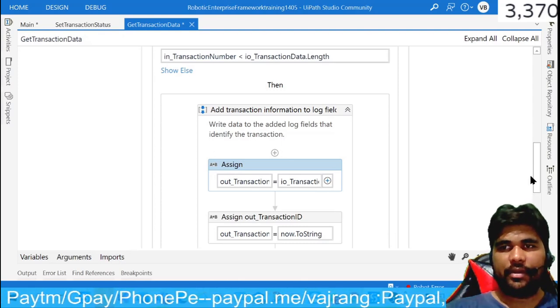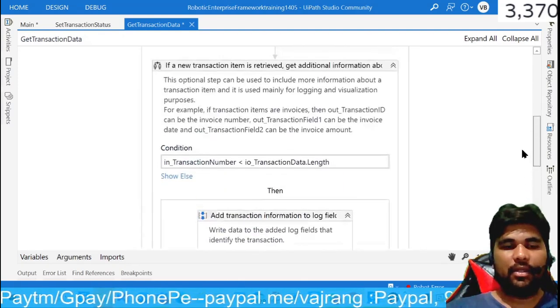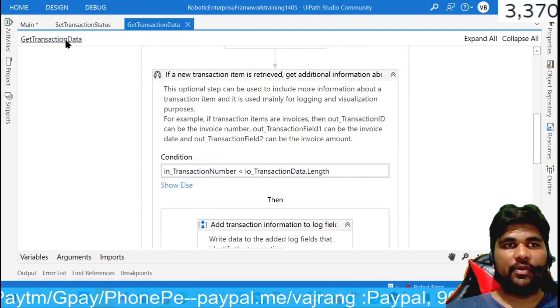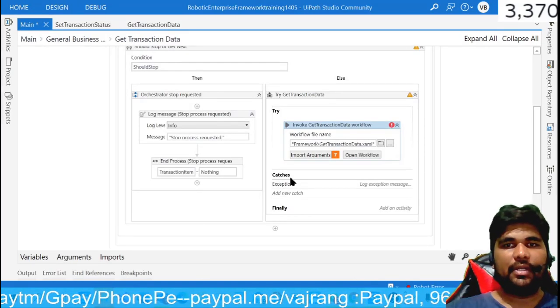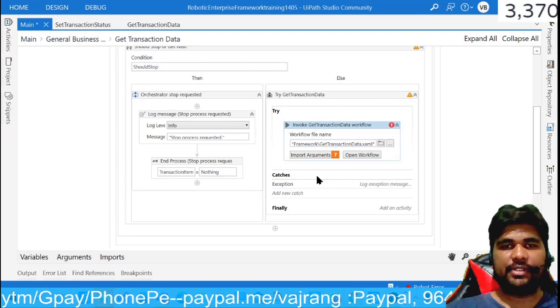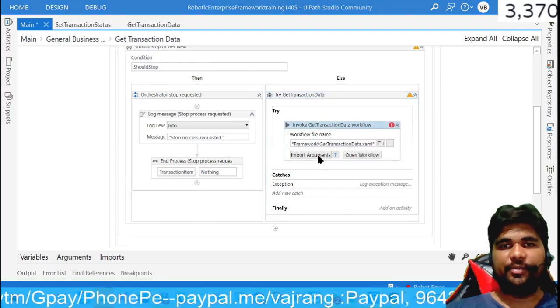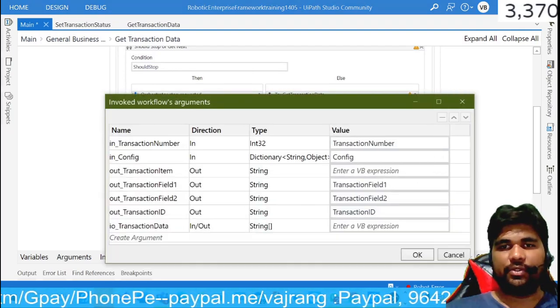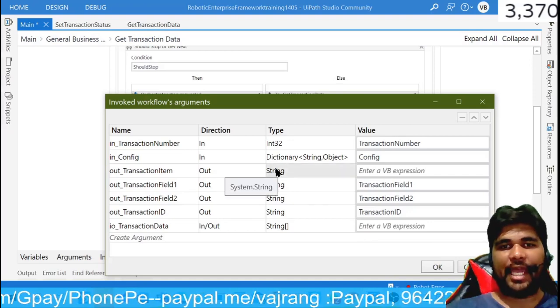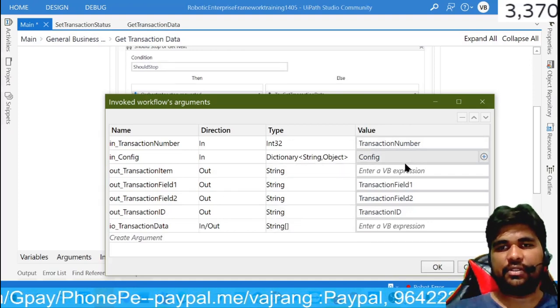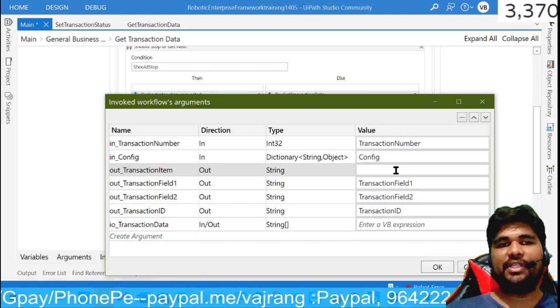Okay, and finally we can come out of this workflow and save it, here again and import workflow. So if you see here, since we changed the types of two items, these values are removed. So what should be the transaction item?